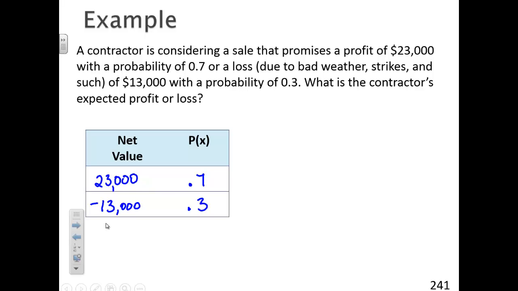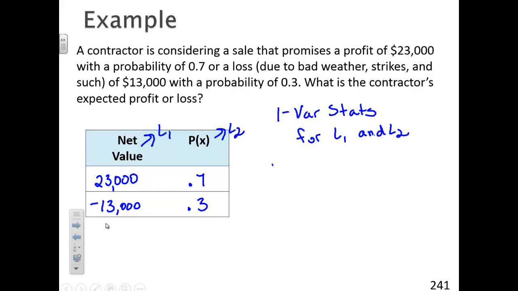So what we're going to do is take our net values and we're going to store them in L1. Make sure you use the negative on the negative 13,000. We're going to take our P of X and store them in L2. And we're finding the average value of these two possible outcomes, a profit or loss. So, running the one variable stats for L1 and L2,